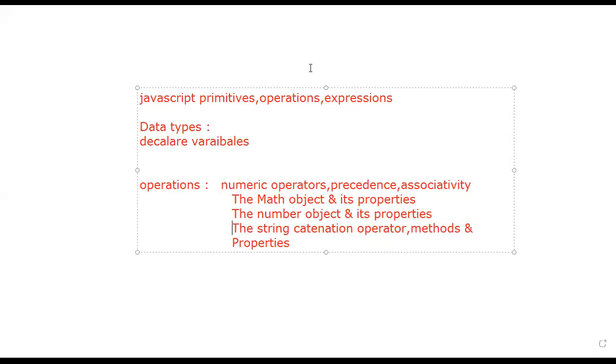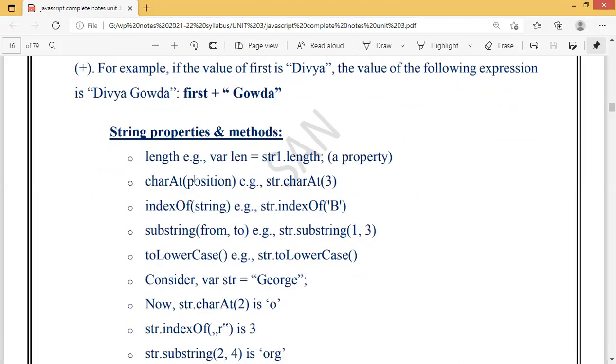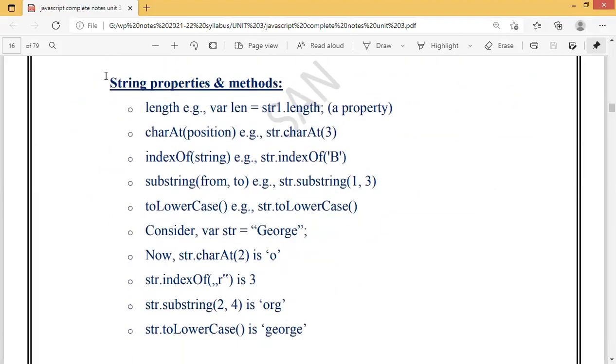Now let me go back here. These are the different properties that come with the string. For example, if I want to calculate the length of a string, how will I calculate it? First I will take var len. Var is which data type? It is undefined, meaning there is no defined data type.